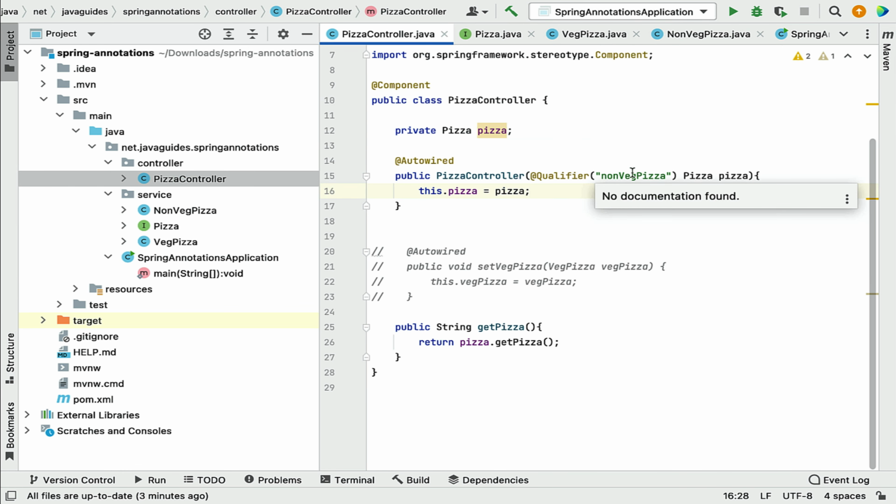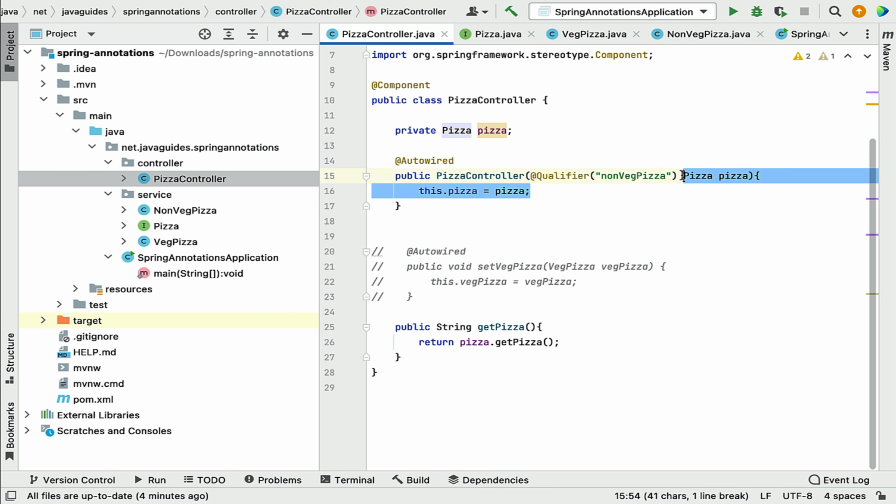In the previous video we saw the usage of @Qualifier annotation, isn't it? If there are two or more spring beans configured for the same type, then Spring IOC container gets confused about which spring bean it has to inject. So in order to avoid this confusion or ambiguity, we used @Qualifier annotation. As an alternative to this @Qualifier annotation, we can use @Primary annotation as well. For example, here let me remove this @Qualifier annotation and let us see how to use @Primary